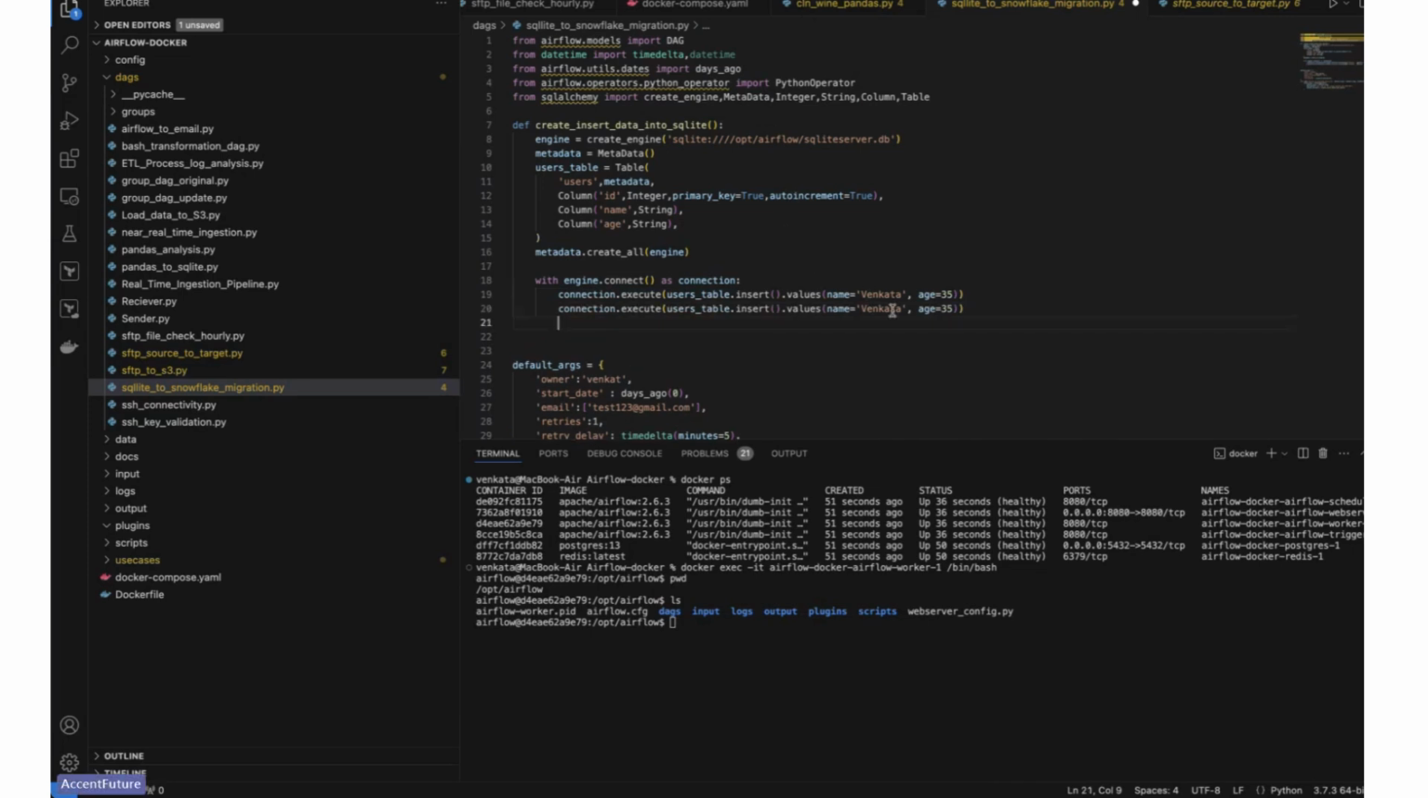And now I'm inserting, suppose Raj 40, suppose something like this. So this is just creating and loading data into SQLite. Okay, so now